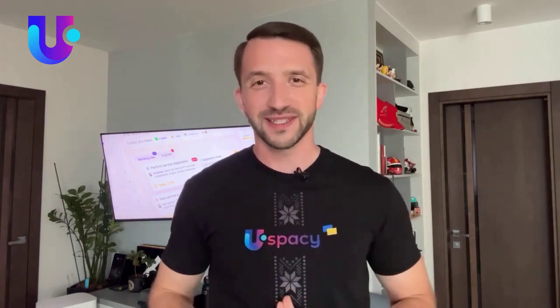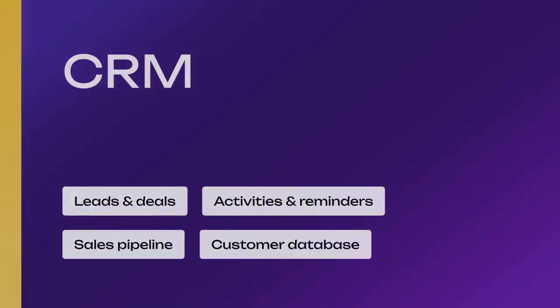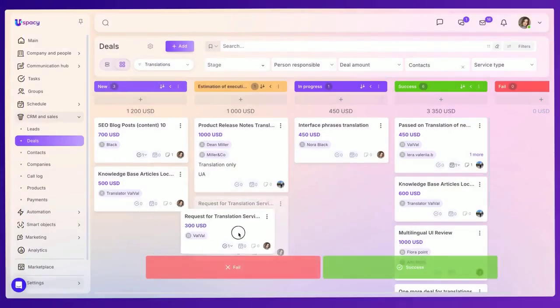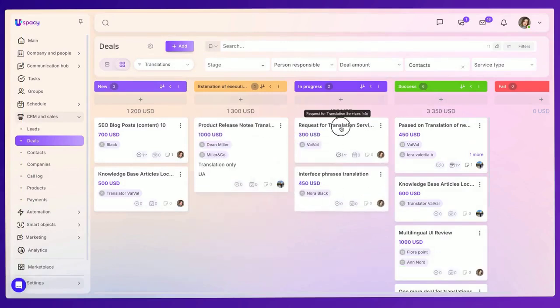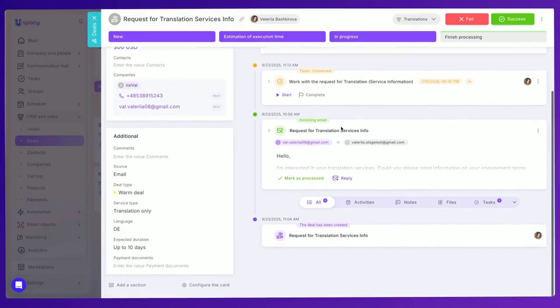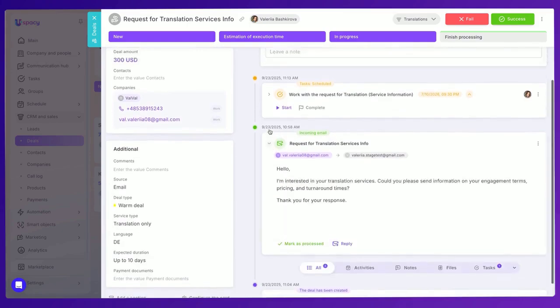Let's see what's inside. CRM, it's genuinely easy to use and powerful. Build multiple pipelines, drag deals from lead to payment, and open client cards to see everything. Every email, call, and message